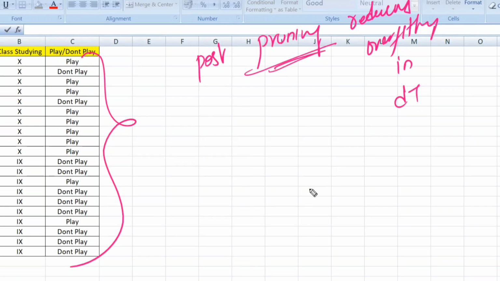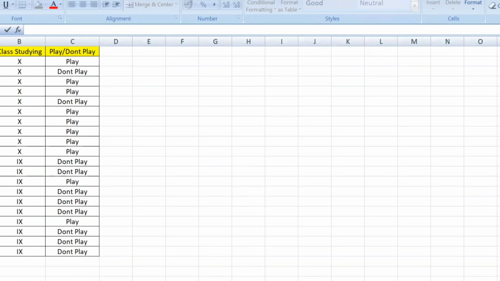The second option is random forest. You can select some data randomly. Random forest, the random forest classifier, is also called the bagging technique.